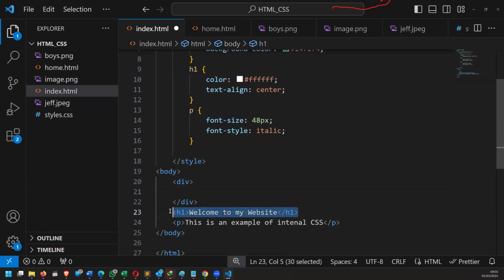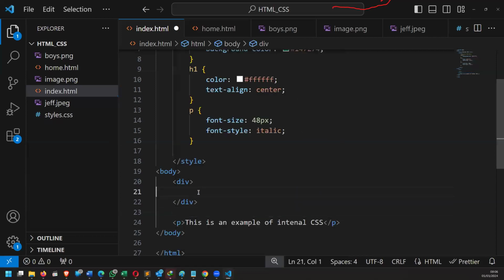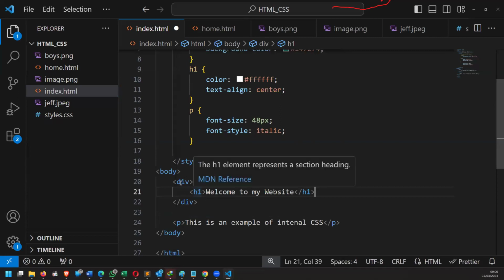So if you copy this text and then cut and paste it here, that means this text H1 is in this container of this division. That's what the div tag means. So it means that the H1 welcome to my website is within this division. So we will also consider another example of how we can use a simple